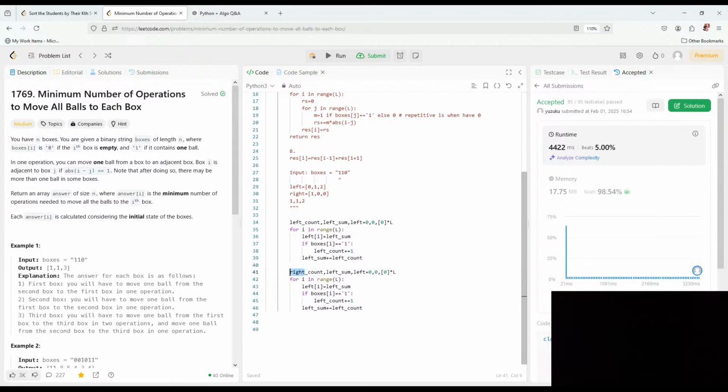So we have right count, right sum, and we have right, and then to right, we add right sum and right count, and the right sum and the right count, and then, yeah, and then we can say that